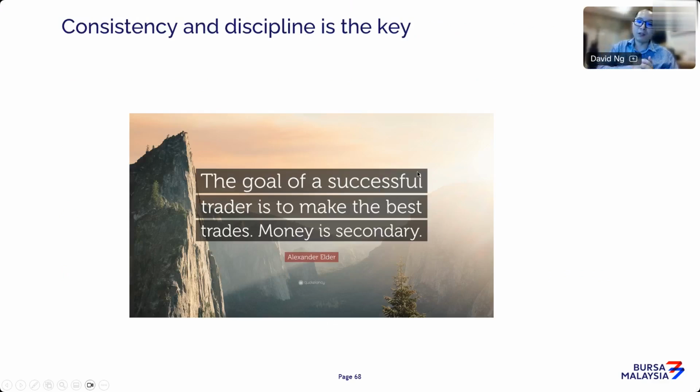Okay, I'm just going to end with this quote. I think it's important. What I mentioned earlier, if you are new to spread trading, it's very similar to outright trading as well. In fact, the benefits of spread trading are quite immense. However, trading, whether it's spread or outright, still requires a lot of patience. And the key thing is consistency and discipline.